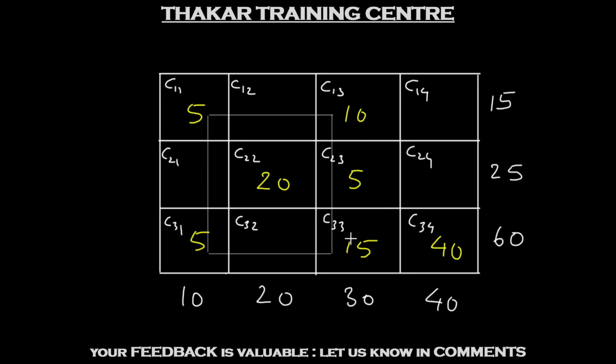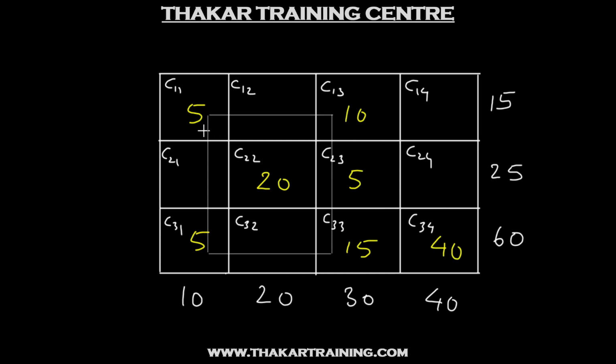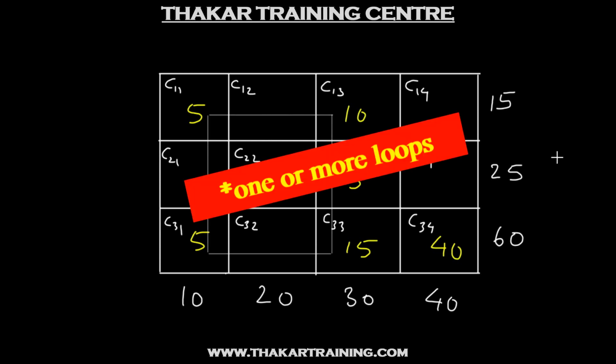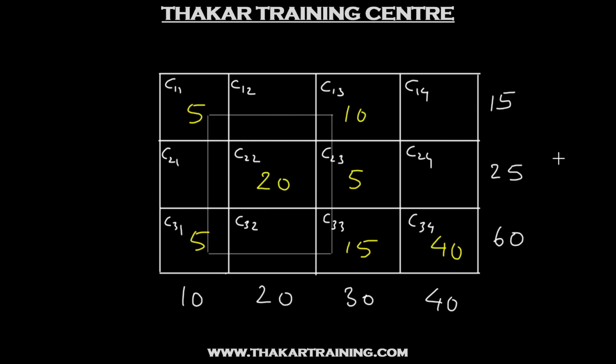Now in this solution where we identified a loop, you will observe that there are a total of 1, 2, 3, 4, 5, 6 and 7 allocations. And the value of m plus n minus 1 for this problem is 6 as we saw earlier. So though this solution is feasible, it is not a basic feasible solution. And in general, whenever a solution has more than m plus n minus 1 allocations, you will be able to identify loops which need to be broken so that you end up with a total of exactly m plus n minus 1 allocations before you begin to optimize the solution.